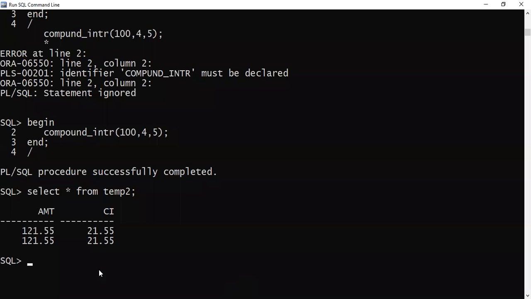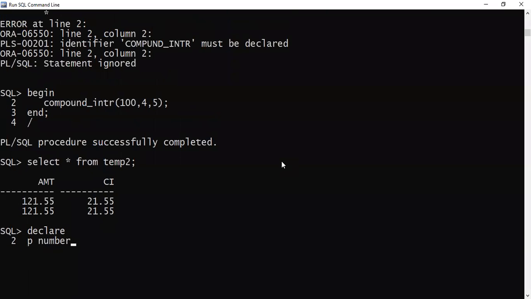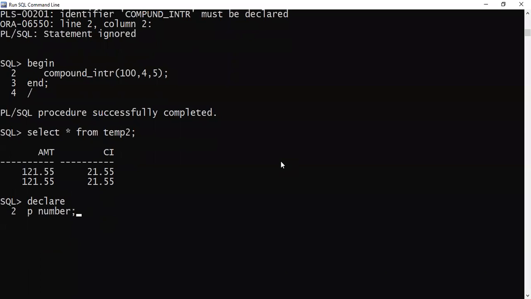Third method, another improvement I will do is I will take another program wherein I will declare three variables. One is the principal amount, P, which I will declare of the type number. While creating the procedure, I have not passed any specific names, so P I can pass as XYZ also. Because this is the new program I'm creating to accept PTR values from the user.